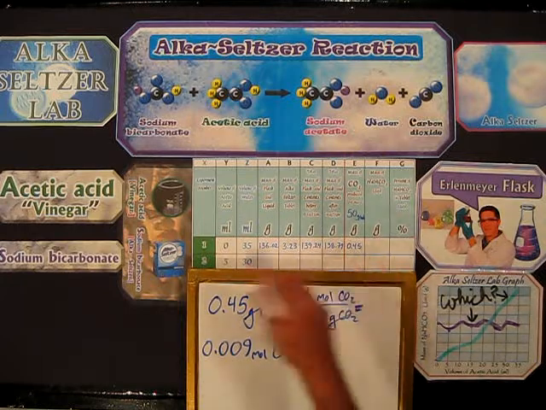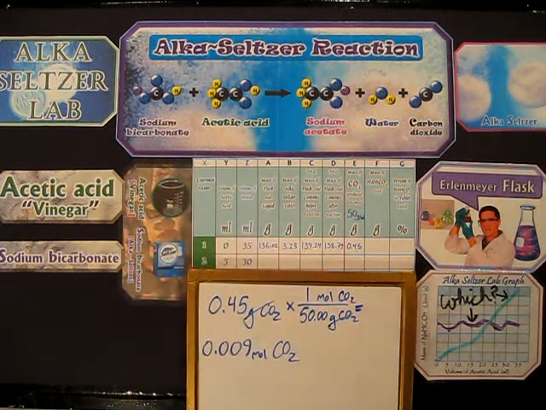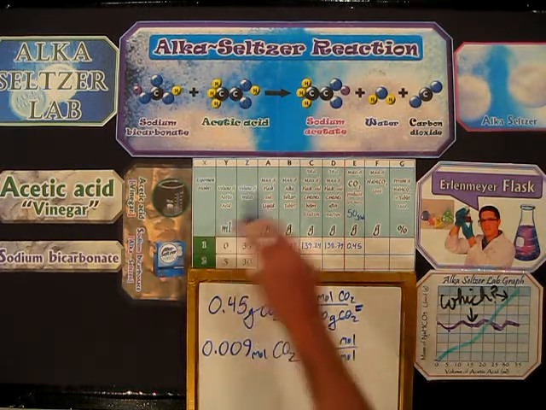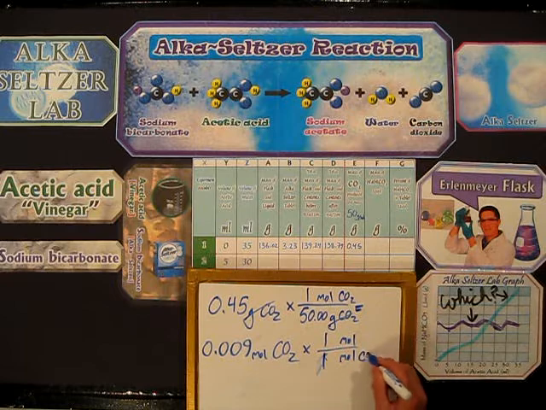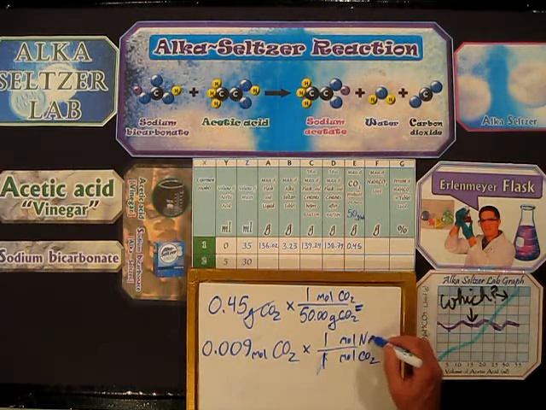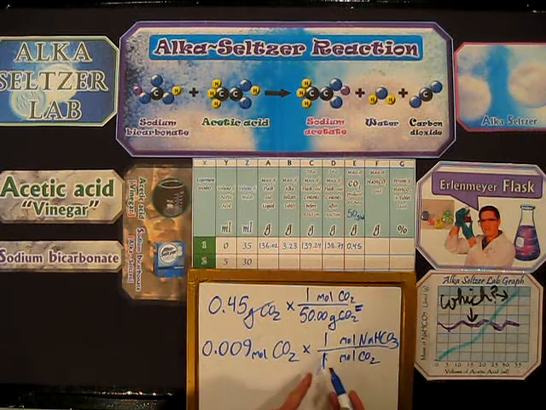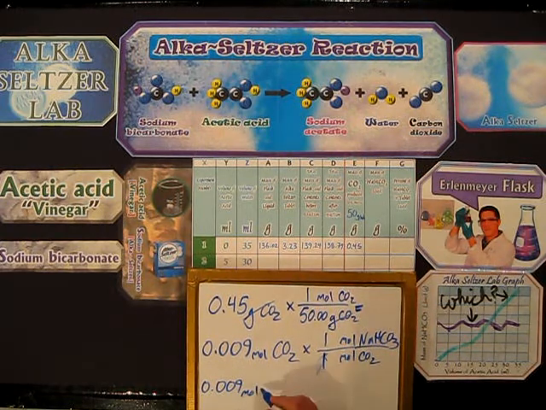Then what I need to do is jump between chemicals. I've got my key. I want to use the mole ratio, and the mole ratio, of course, is moles over moles. Because everything in this equation has a coefficient of 1, we know it's going to be 1 over 1, with the CO2 on the bottom and the NaHCO3 on the top. So it's going to be the same number, 0.009 moles of